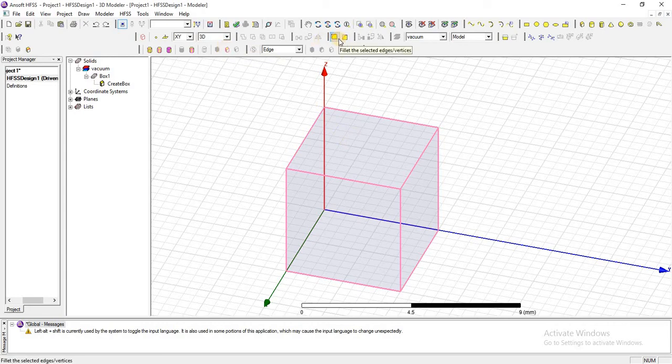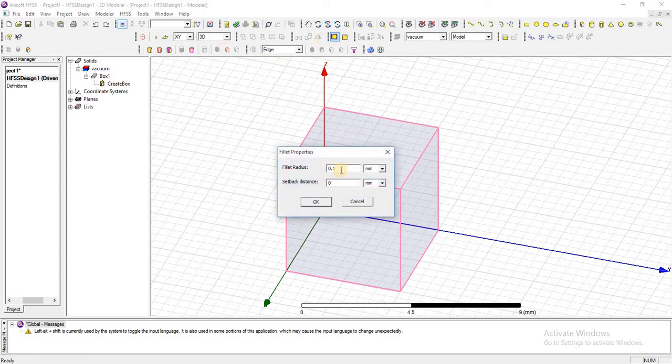Now in the fillet command, I can change the radius from 0.1 to 0.5 and also I can change the distance. Basically the fillet command makes a rounded shape, but in a chamfer command the shape is like a slope.